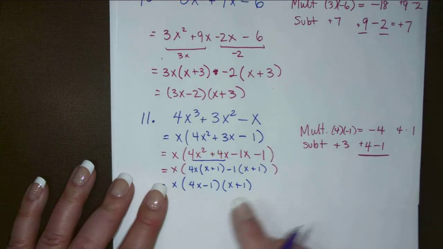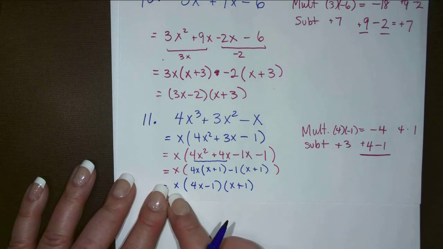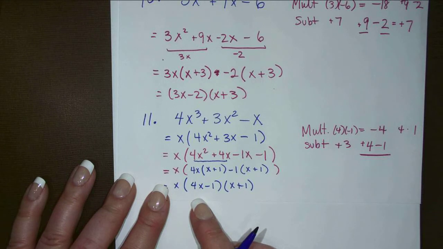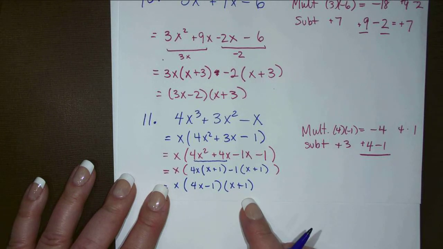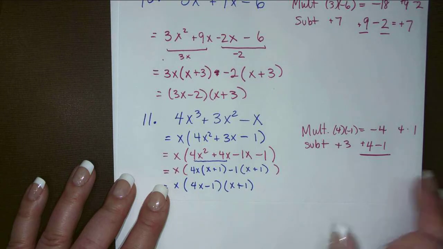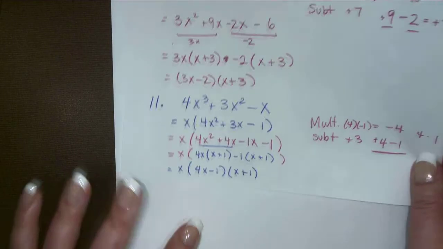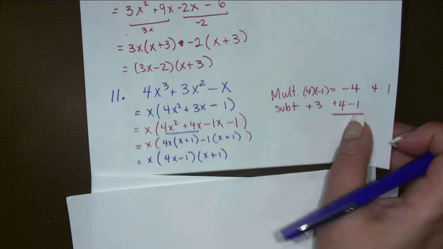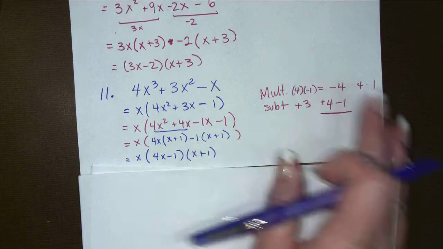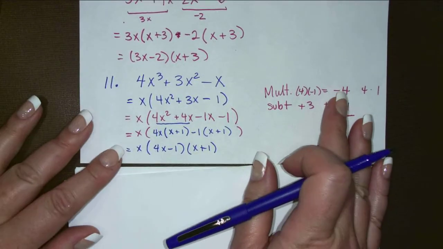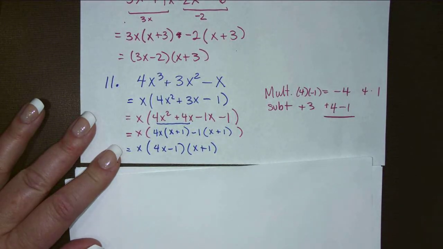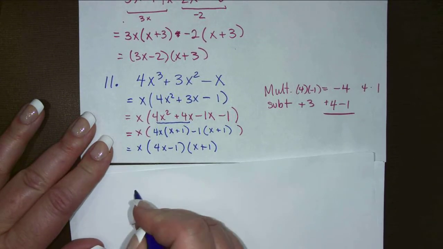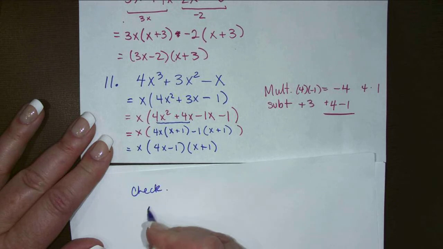So this has three factors. One of them is x, 4x minus 1, and x plus 1. You could FOIL this out. How do you FOIL this out to check your answer if you wanted to? Yeah, there's three factors, so you have to do two of them first, and then you can multiply by the last one, okay, in any order you want. So if we were going to check our answer,